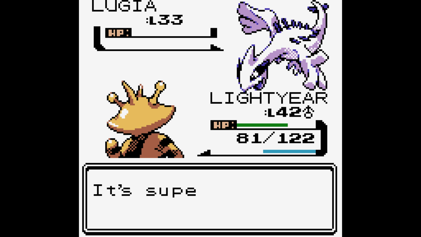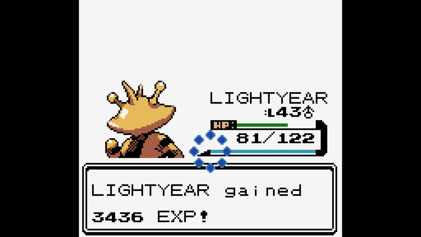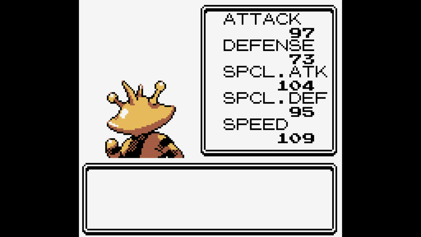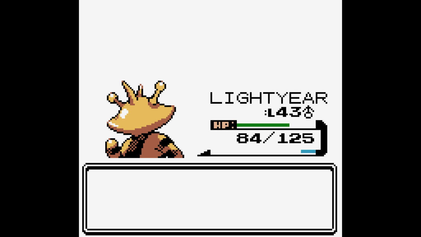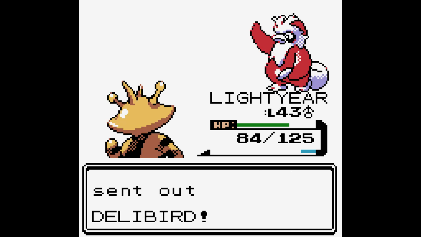So it looks like Lugia would know Aeroblast, Safeguard, Gust, and Recover. It's like the same one we fought in Tin Tower, it looks like. I was just wondering if it learned any new moves by 40, but it does not. The Delibird's coming out. Well, we don't have any more Thunder Punches. But we do resist flying, so...